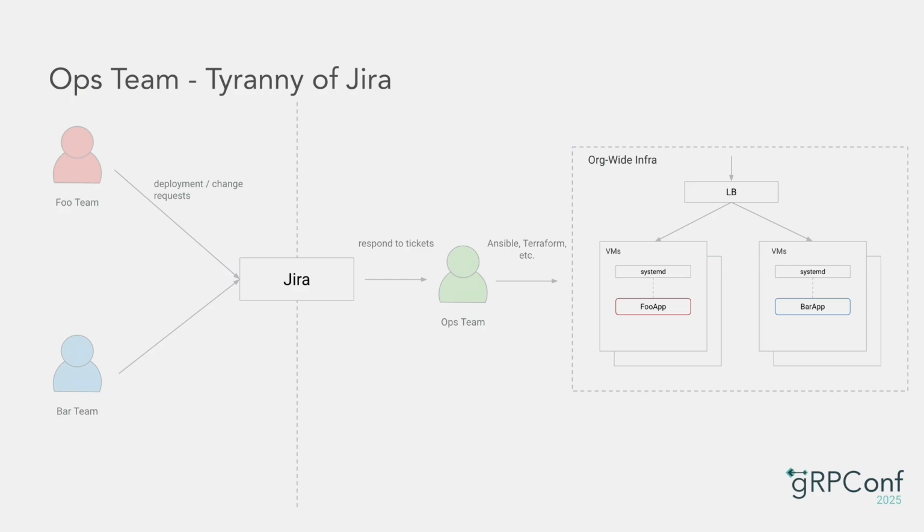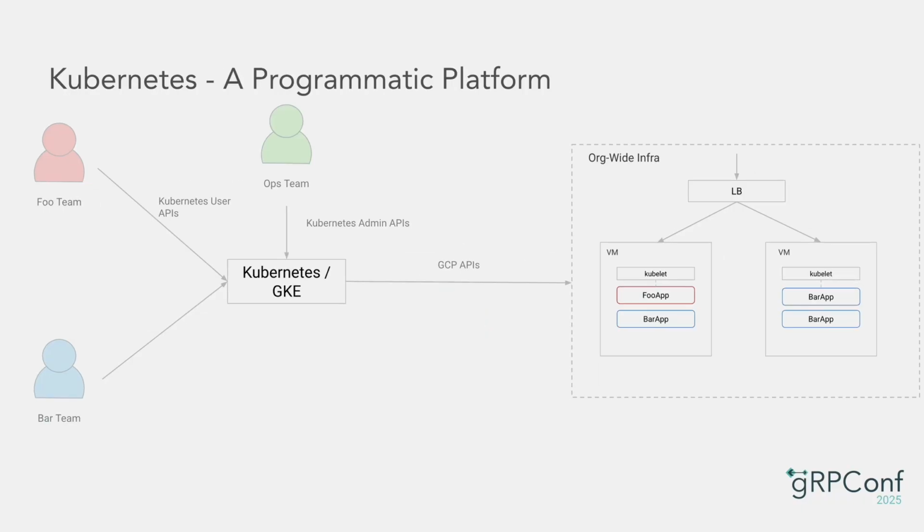And of course, there is a spectrum between these two extremes. But this trade-off between expertise demands on dev teams and intense red tape on those same dev teams is always there. So coming back to GKE and Kubernetes, Kubernetes enables ops teams to make cross-cutting decisions about infrastructure, but it also provides dev teams programmatic, self-service APIs to deploy and manage their software within the bounds set out by the ops teams.